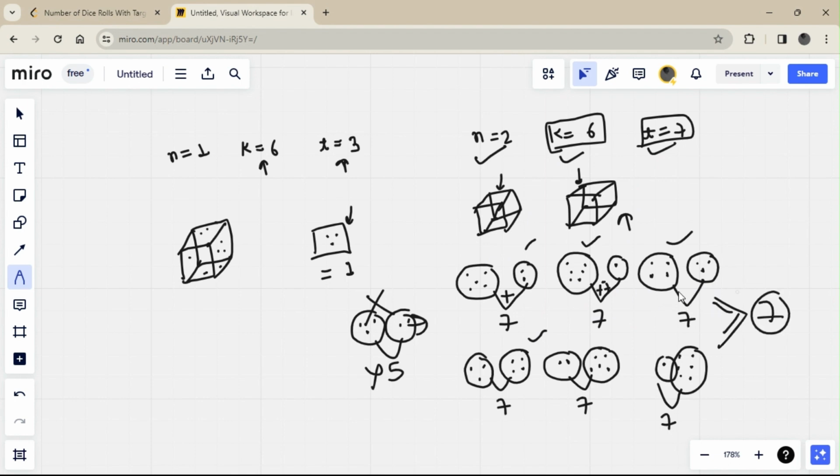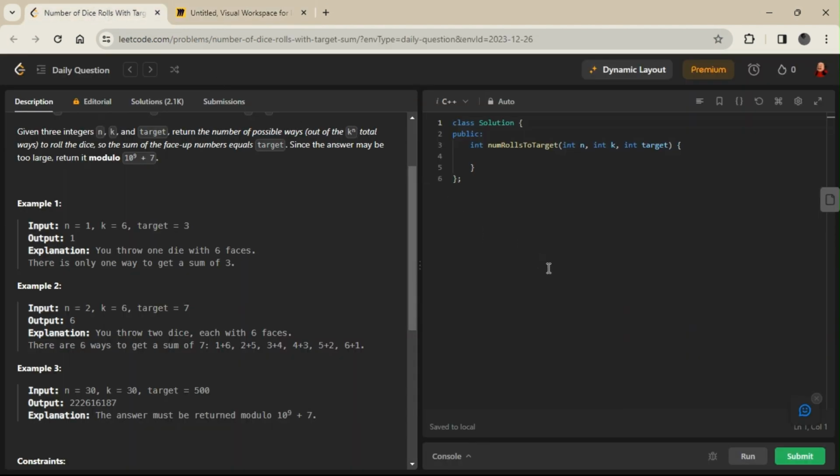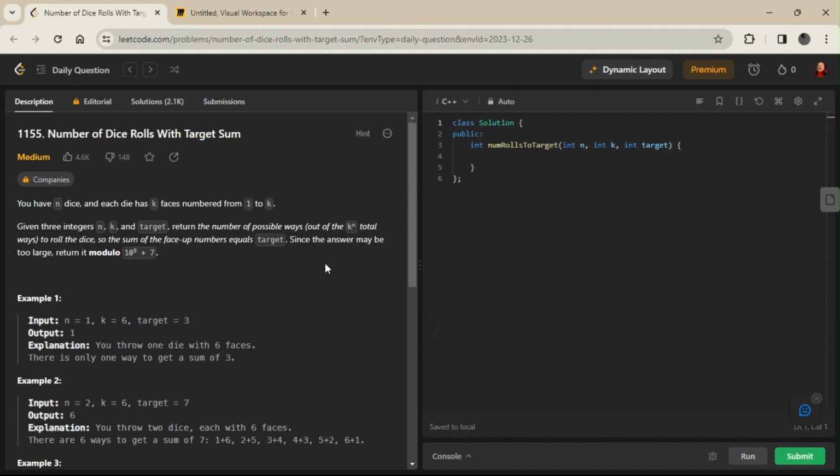So this is a simple explanation of how we are going to approach this question. You got the idea: this question is solved using dynamic programming, because we have to analyze all these cases, and if we write a recursive solution, that will lead to time limit exceeded. So we first write a recursive solution, then we memoize it into a DP solution, so you can understand clearly. Let us discuss how we are going to approach this question.